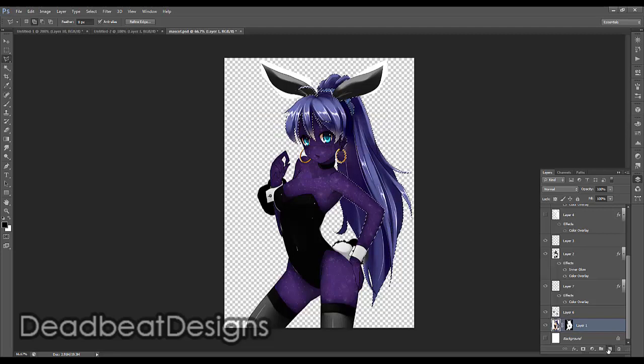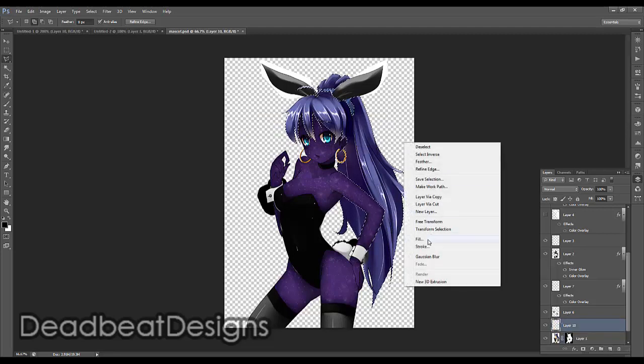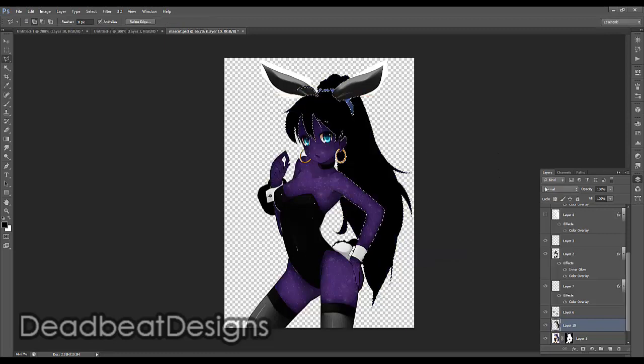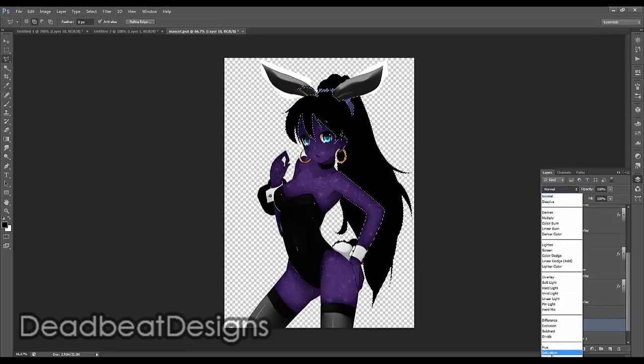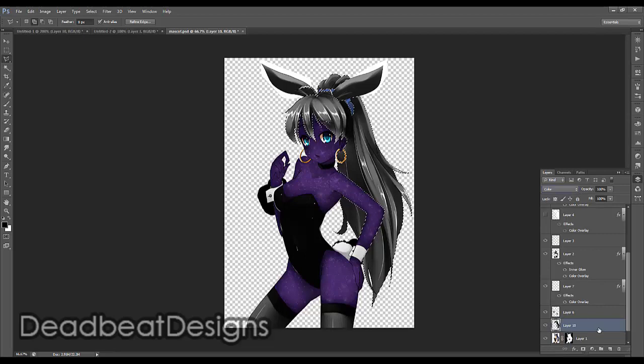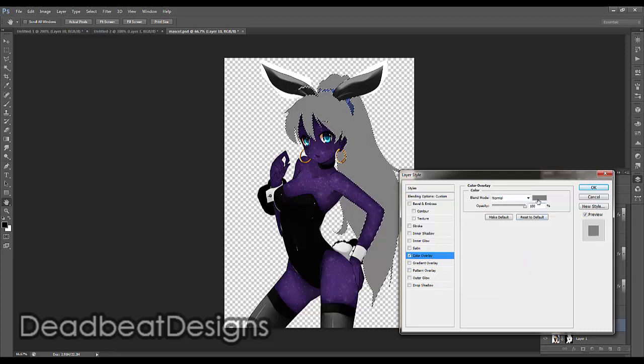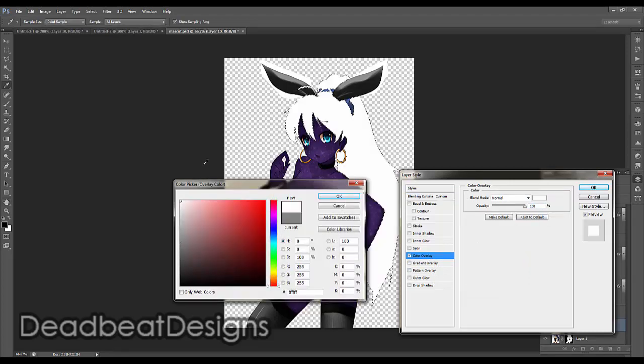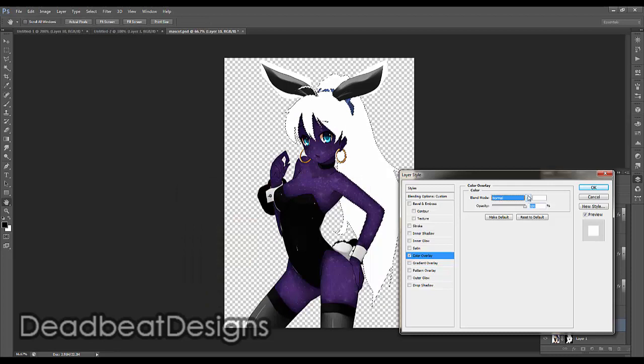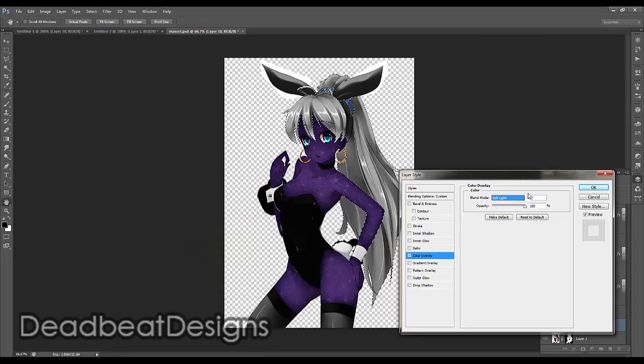Okay, make a new layer and fill that with black, white, or gray. Set the blend mode to color. Double click a layer, you can always set it to color here as well, but color overlay, I'm going to start with white. So we're going to do white, and sometimes you can get away with using soft light and